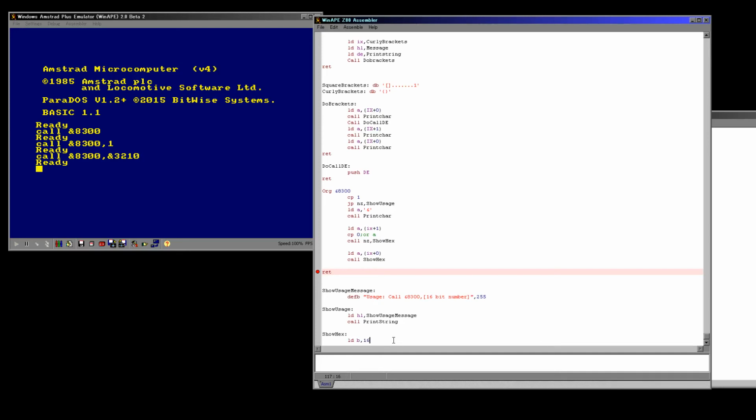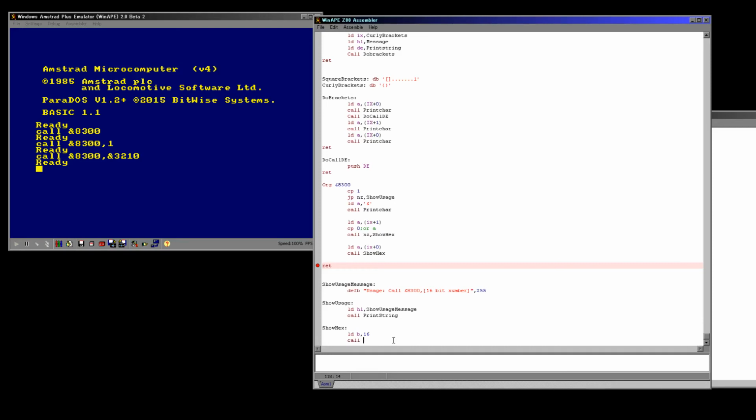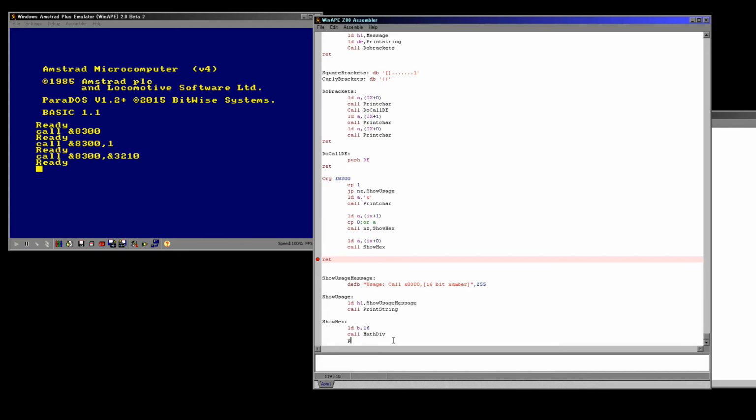So what we're going to do is load B with 16, and then we're going to call mathdiv, and this is a function we're going to write in just a moment, and it's not the same division function as last time. This one's a little bit more advanced, so we're going to have to use this new one. Now mathdiv is going to return a remainder in A. It's going to work out how many 16s there are in the accumulator, and it's going to return that value in C. If there's 8 remaining, it's going to store that in A,